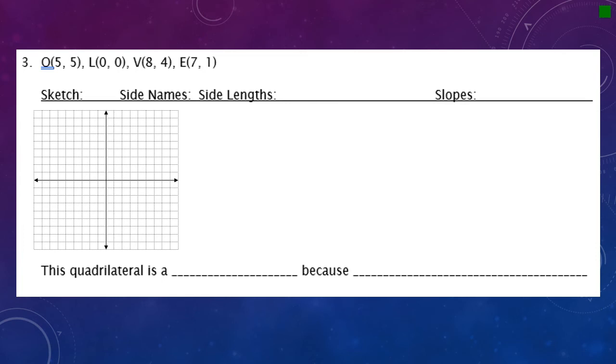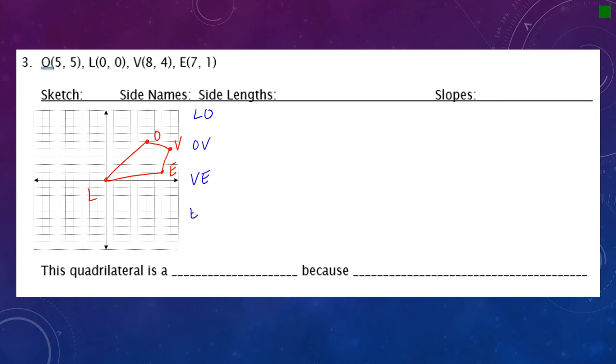So I'm going to plot my points again. So here's O, L, V, and E. Okay, so if I connect them like this, that's going to give me the shape that I want. That makes a quadrilateral. So to me it looks like a kite. If that's true, then we're going to get two pairs of equal sides, but the sides will be next to each other instead of opposite from each other. So the side names, I'm going to start with L. So I would have LO, OV,